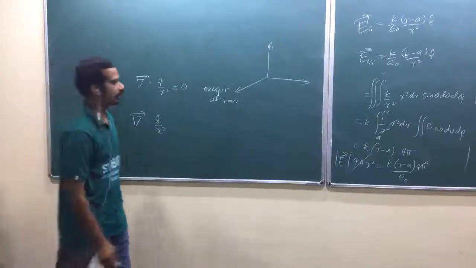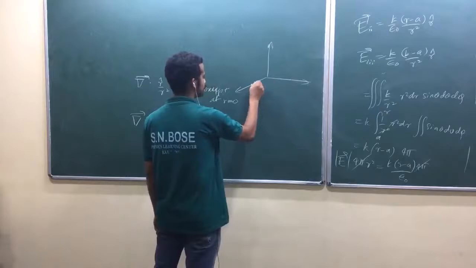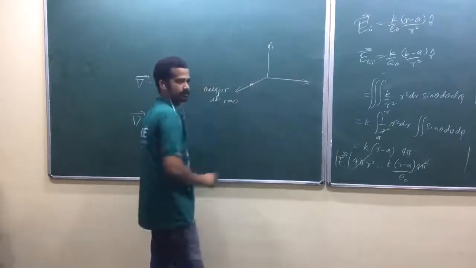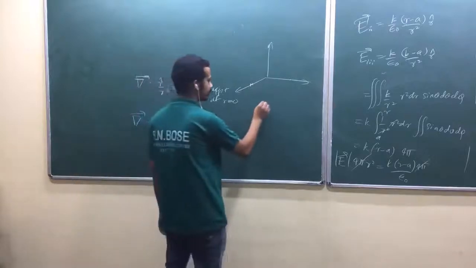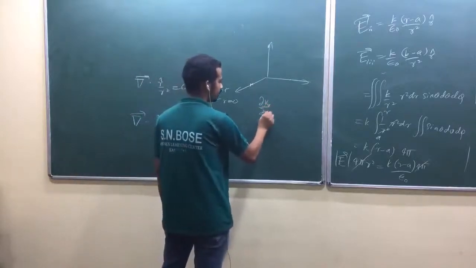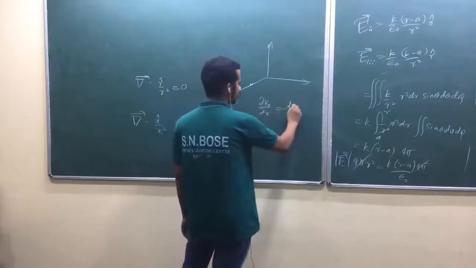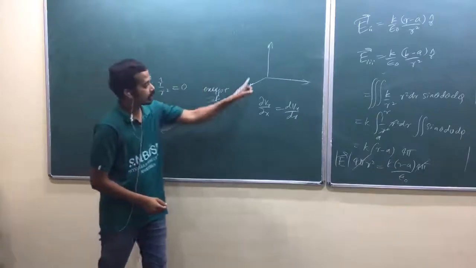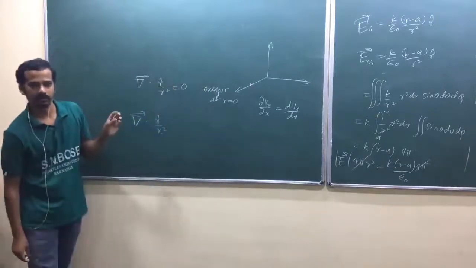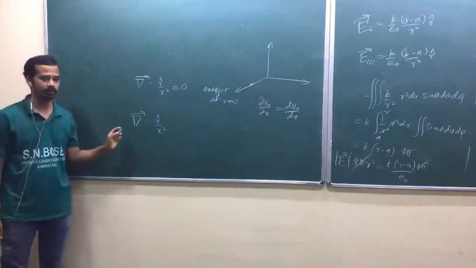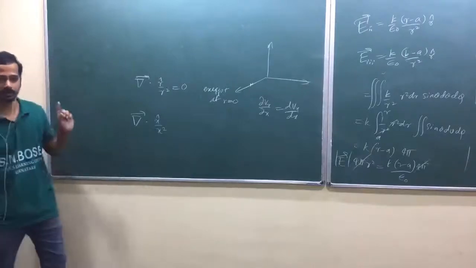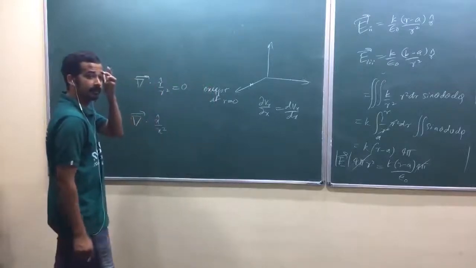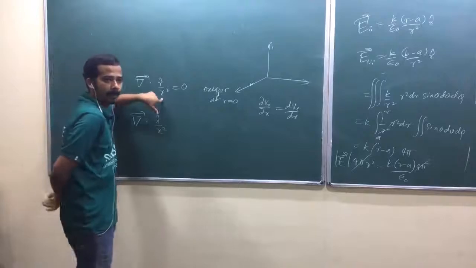What you are thinking is only about the x-axis. Suppose this is the x-axis. You are talking only about this x distance, isn't it? In that one, you are talking about dou vx by dou x. Am I right? It's a kind of dvx by dx. You are moving only along the x-axis. That's what I'm saying. That's not in 3 dimensions. Whatever differentiation you have done, that's not in 3 dimensions. That's what I feel.